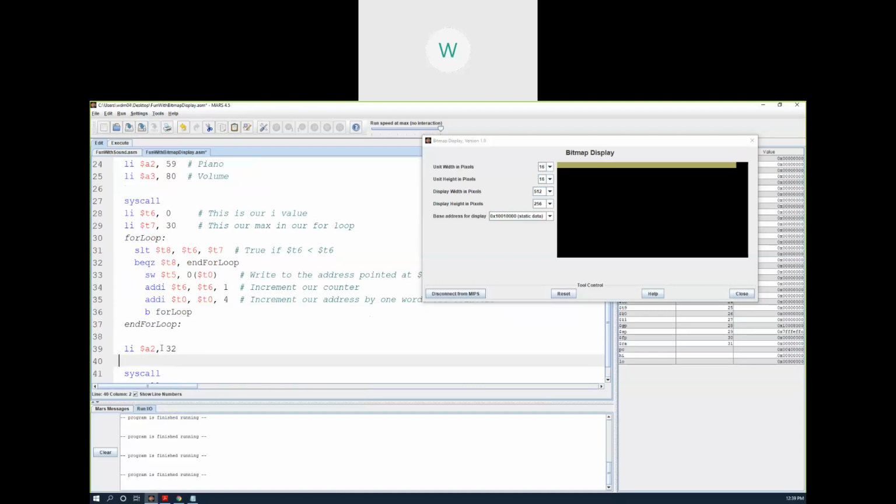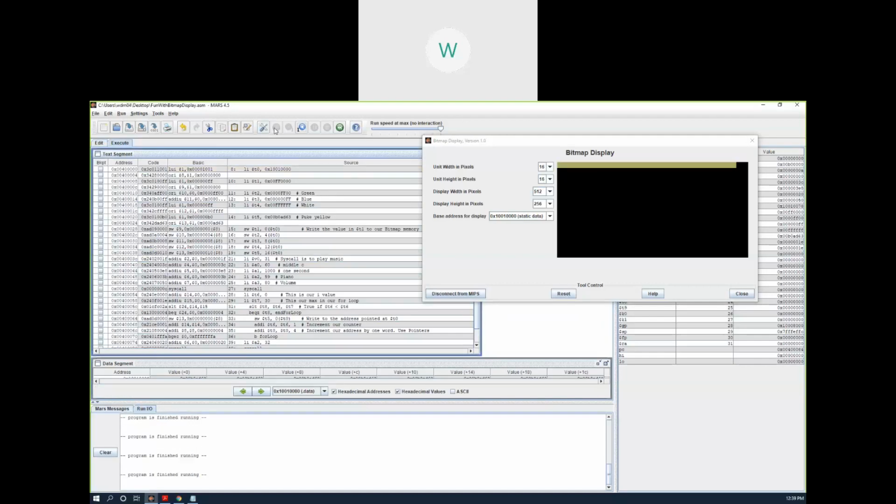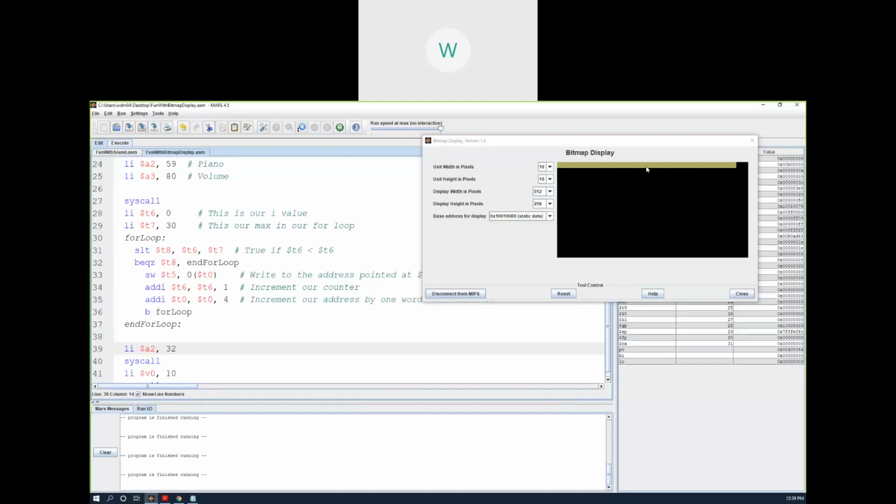All right, so what I'm going to do is I'm going to test it. I'm going to reset this thing. I'm connected. I'm going to compile it. So it played both my instruments and it did my big ugly code. So the big thing is we can do all kinds of sequential